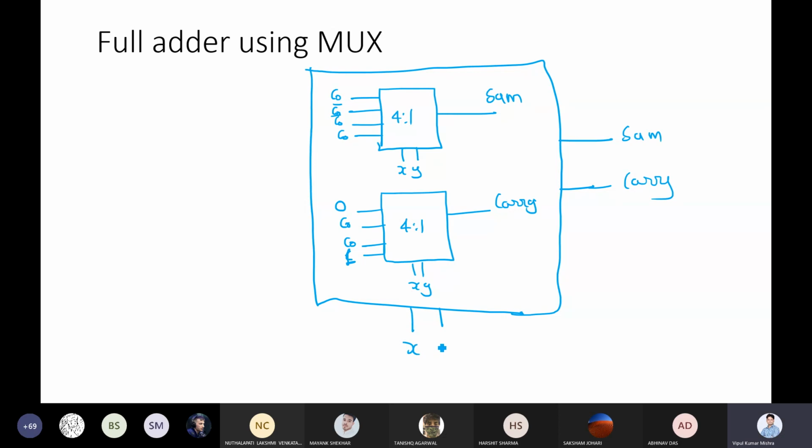We have two inputs, x and y. Instead of making the input here, let me make the input in one place, so just an internal connection can be made. So you will have input x, input y, and input C0. The rest is 0 and 1. Definitely, if it is C0, you can use an inverter to make it C0 bar. That is the internal part of it.